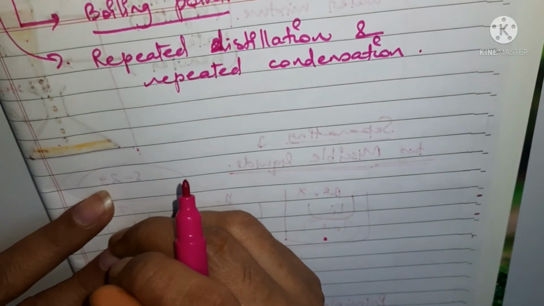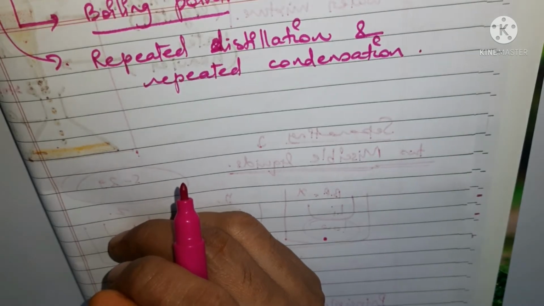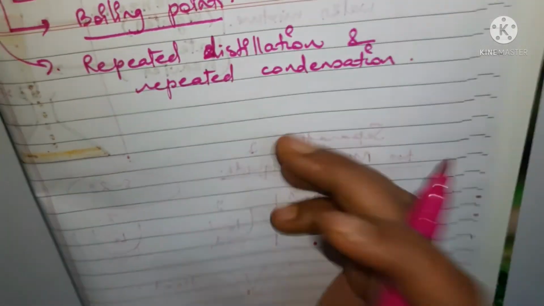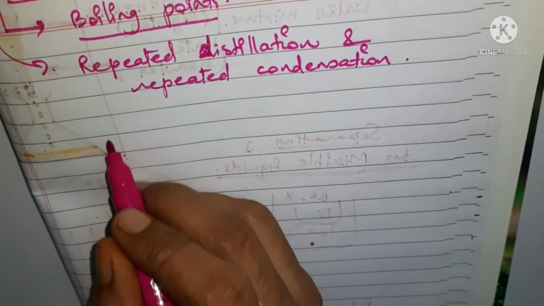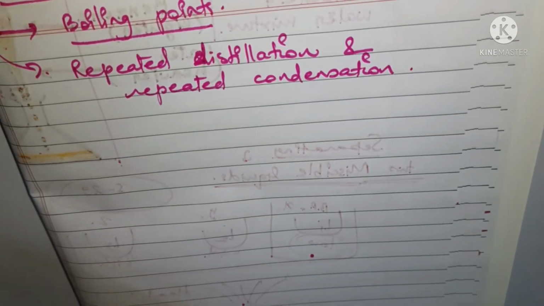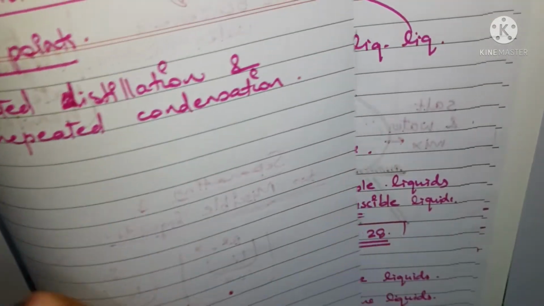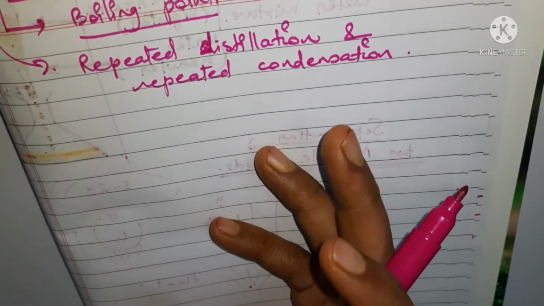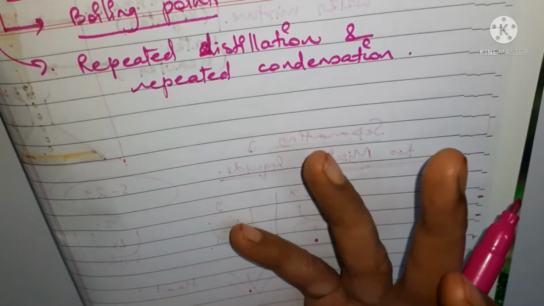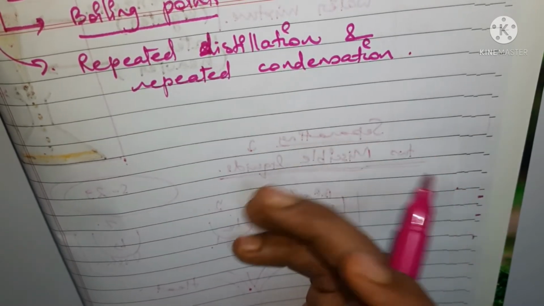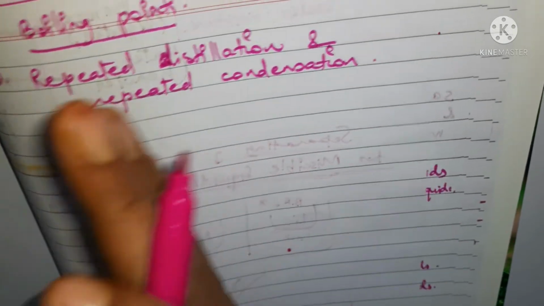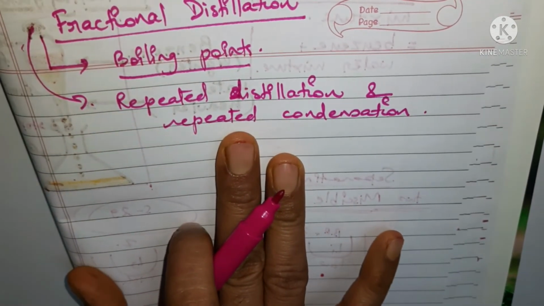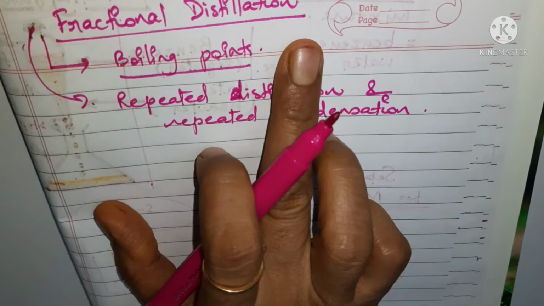Okay, so the separation happens when the mixture is heated to a certain temperature, and fractions of the mixture start to vaporize. It means that the first fraction of the mixture, the liquid having the lower boiling point, is going to vaporize. Then when the second liquid attains its boiling point, it will start vaporizing. So this is done in fractions. That is why this distillation process is known as fractional distillation.